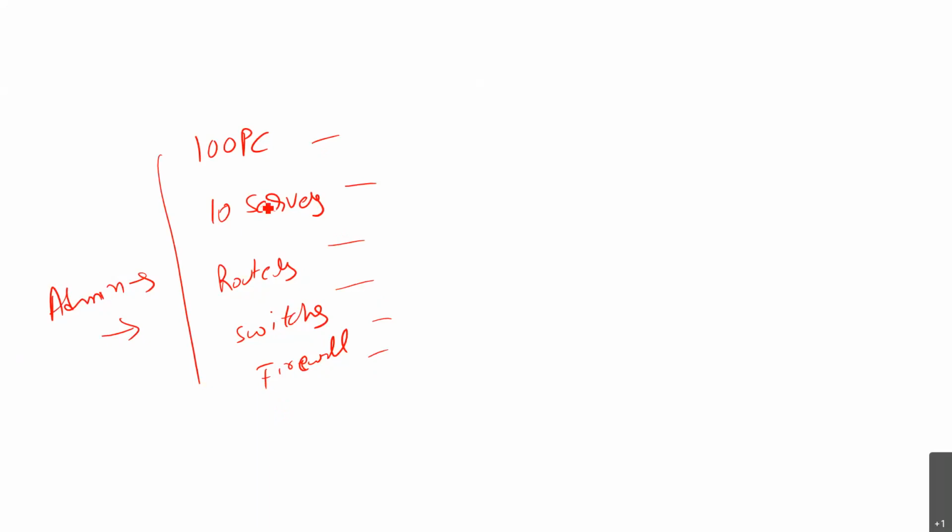So if the administrator is unable to monitor the logs, how will the administrator know if the network is functioning properly or if there are some kinds of issues? Maybe there is some kind of attack going on. If there is an attack going on, how will the administrator come to know about it? There should be some technology which is continuously monitoring all different kinds of logs and helps the administrator identify if something is wrong or suspicious. This is where the SIM technology comes into the picture.